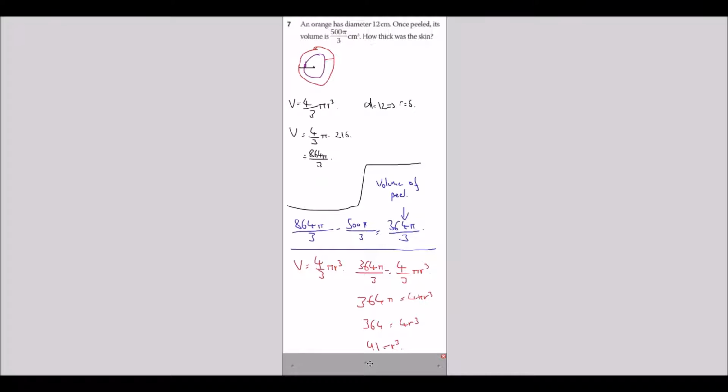Now as you'll see, 91 is not one of those numbers that I have listed, so I don't know what the cube root of 91 is, because remember, the inverse of cubing something is to cube root. In this case, therefore, my answer is going to be the cube root of 91, written as the square root sign but with a little 3 above it. So what I've got here is my answer. The thickness of this peel is the cube root of 91, which is,